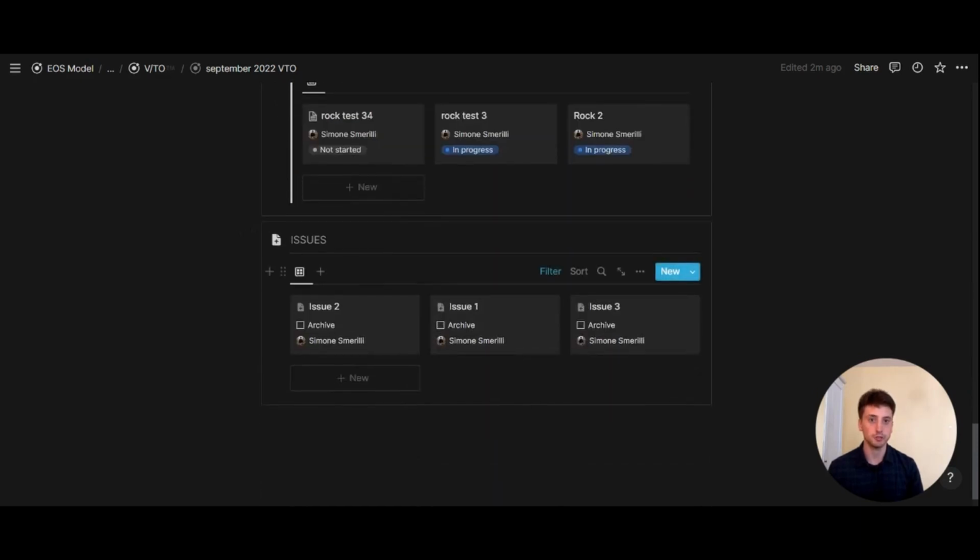And finally, you have issues. Issues are a fundamental component of the EOS model. For each issue, you want to IDS it. Identify, discuss, solve each issue. And the key